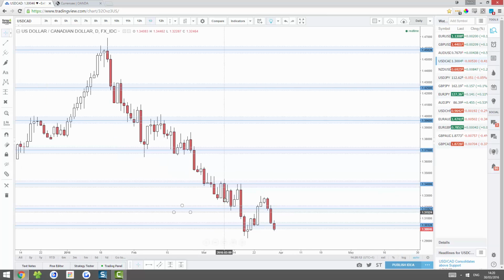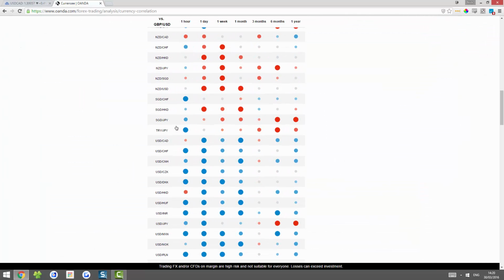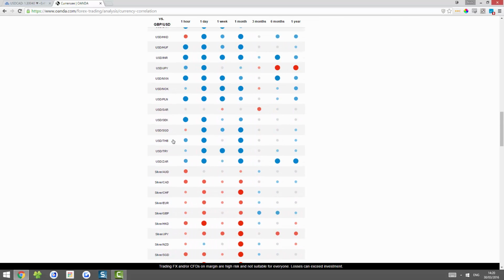What happened last time? It was at this support area. It had a strong bounce. So, looking good. But